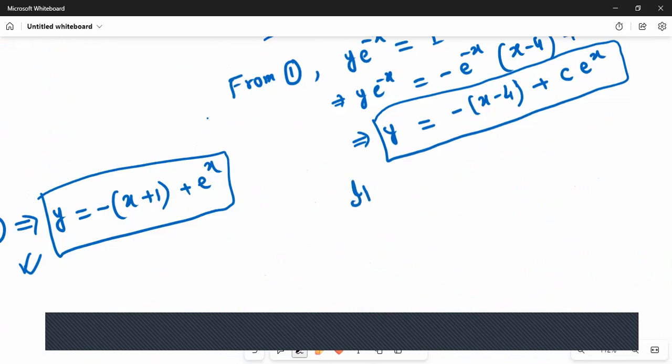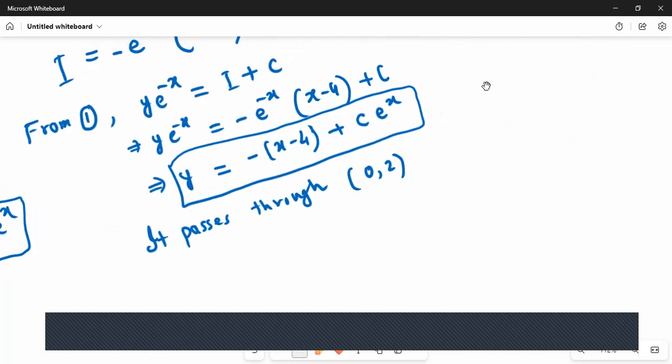It passes through 0, 2. So you write this equation as number 2. So from 2,